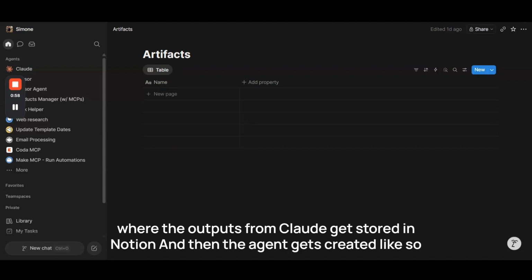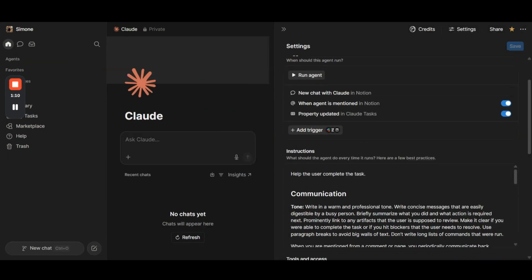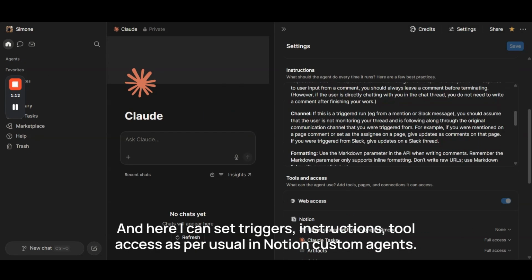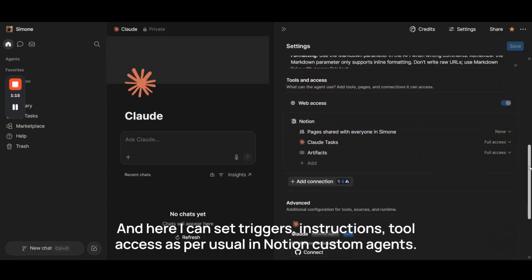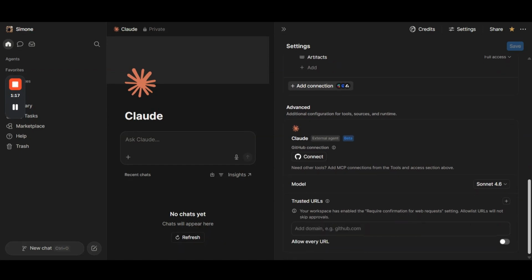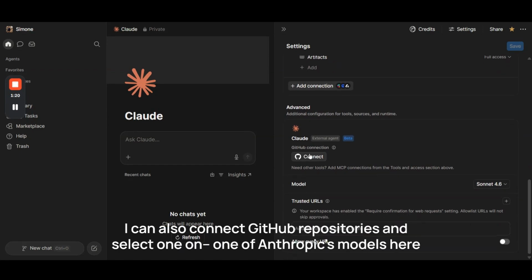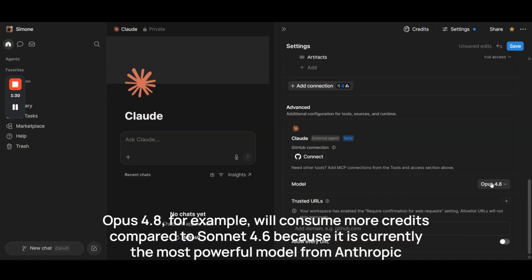And this is where the outputs from Claude get stored in Notion. And then the agent gets created like so. And here you can set triggers, instructions, tool access as per usual in Notion custom agents. You can also connect GitHub repositories and select one of Anthropic's models here. Opus 4.8, for example, will consume more credits compared to Sonnet 4.6 because it is currently the most powerful model